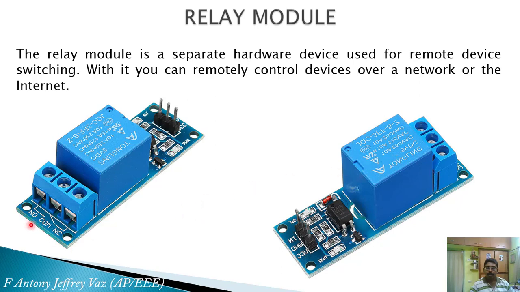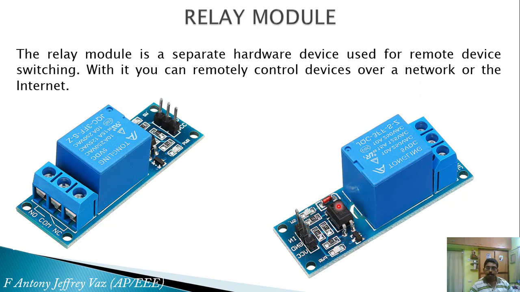You can see in this picture the common pin, the normally open pin NO and the normally closed pin NC. You have to excite this relay through the coil. To excite this coil you have driver circuits. This driver circuit will excite the coil with your command. This is the IN pin over here. If you give a command to the excite pin, if you make this pin high through a transistor or any other means, then the relay coil will be excited by the driver circuit over here.